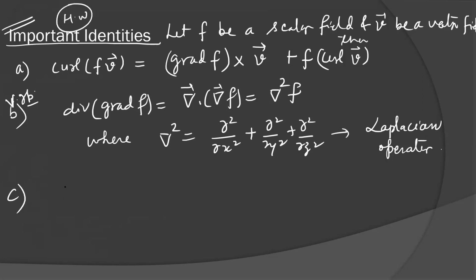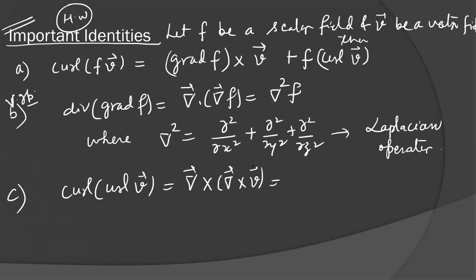And the third is curl of curl V or del cross del cross V. Remember, these are very confusing identities. Earlier I have discussed 2 and 3. There are 3, 4 here. One I discussed in the example part. So remember these identities. It is equal to del of del dot V. We will get a scalar output and we will take the gradient, minus del square of V.